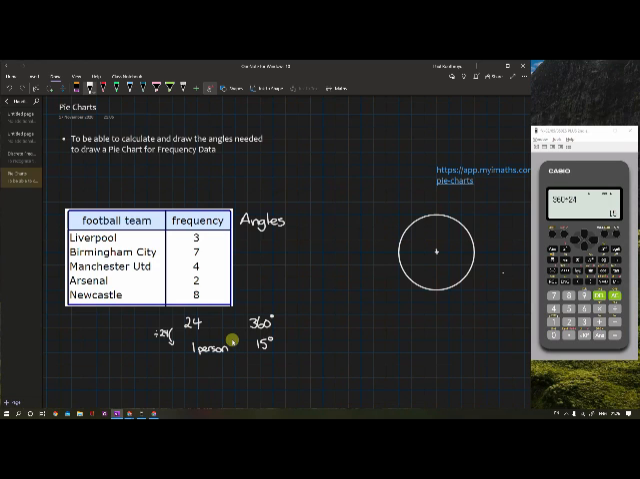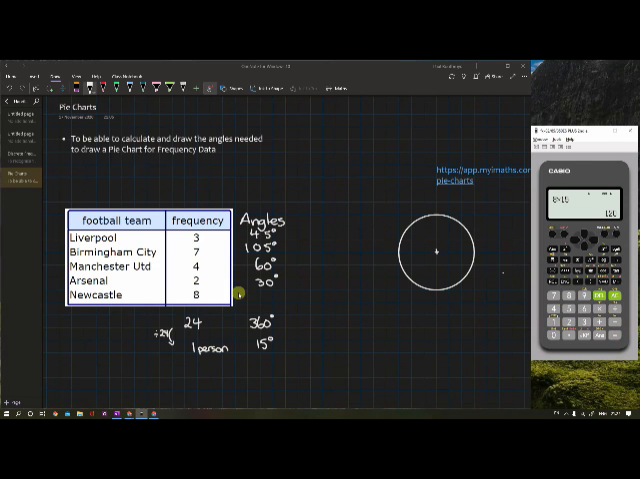If you're talking about nice ones, this is normally something to work out fairly quickly. So if I've got 3 people, I've got 15 degrees times 3, if you don't know, do it on your calculator, is 45 degrees. 7 times 15 to calculate the angle for the Birmingham supporters, that's 105. Manchester United, 4 times 15 is 60 degrees. 2 times 15 is 30 degrees. And 8 times 15